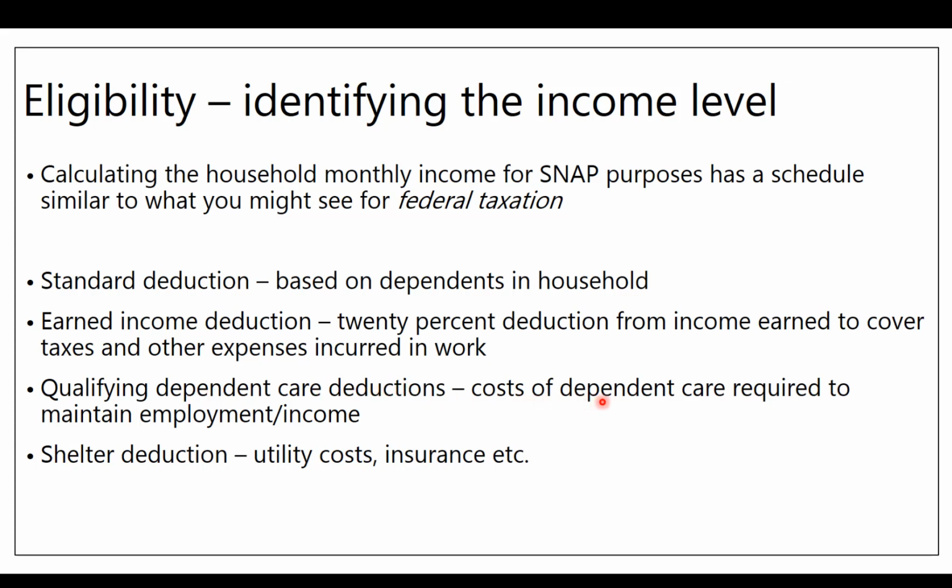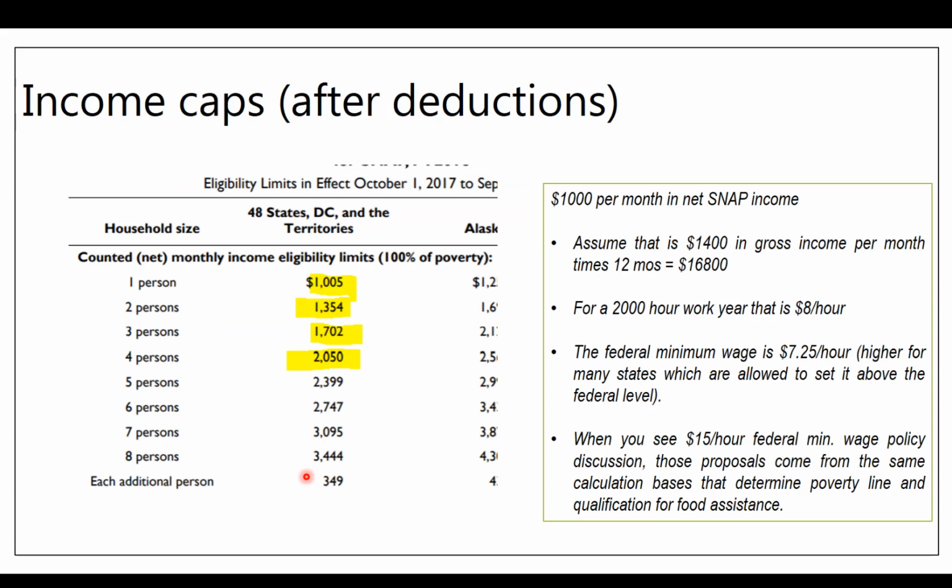So to work, most people, if they have a dependent in the household, will have to hire someone to deal with that. So you can take the cost of the dependent care, of child care, into consideration when calculating the income level, and then the shelter deduction, which could be the utility costs, insurance, etc. related. So after you run through the schedule,